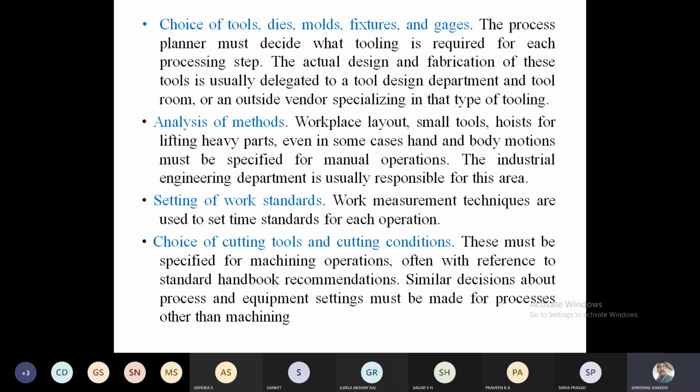If these are available, place the order, or if small changes can be done within the available setup only, he can do it. In total, he has to understand and analyze the method, how the route has to be followed. And setting the work standards: work standards in the sense of where, critically, we have to do measurements in order to control the quality. Working cycles and